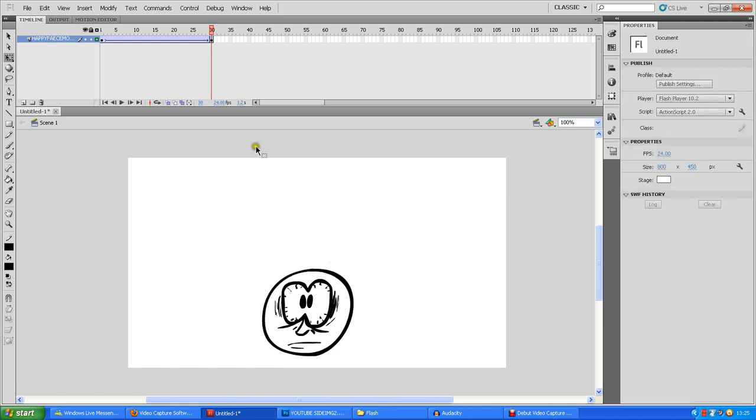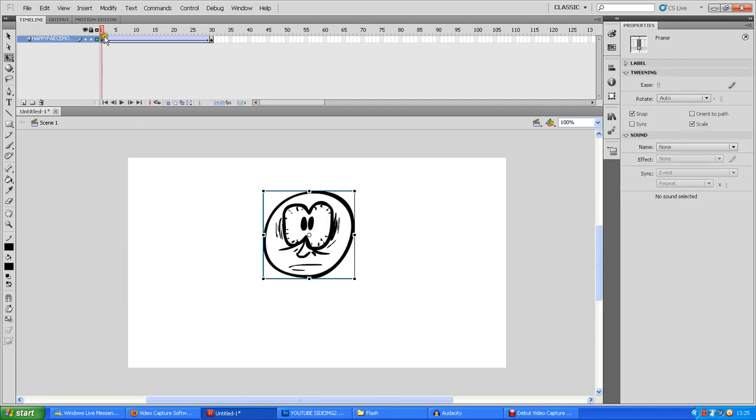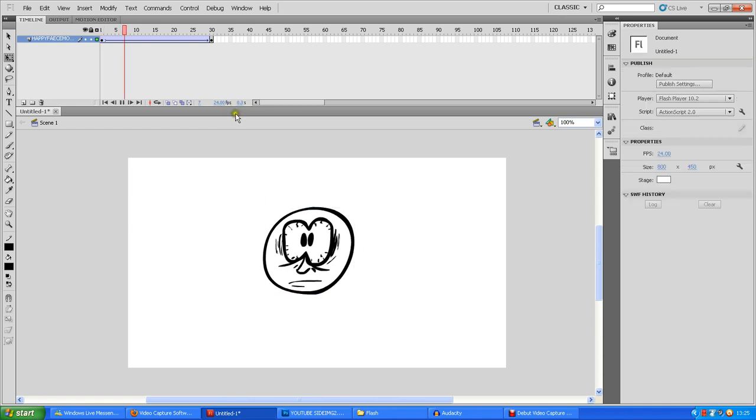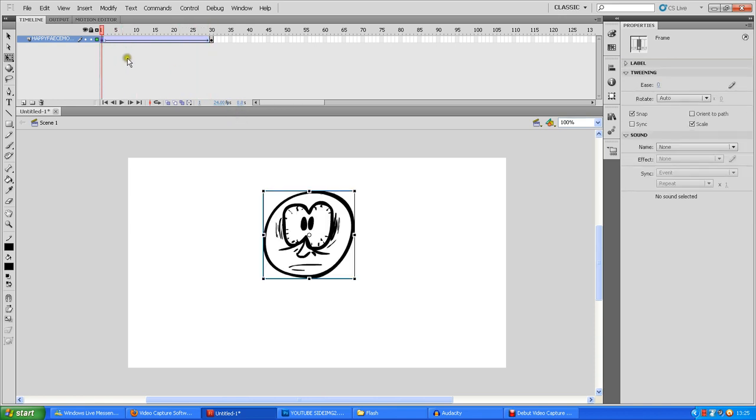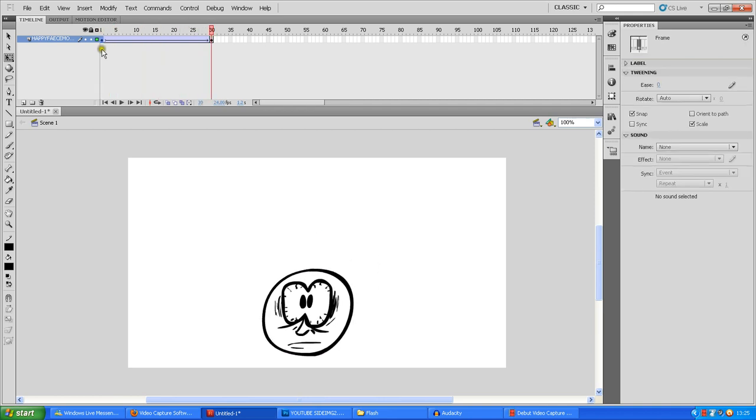That's his new position in the stage, in the white box. So if you go back to the beginning of your movie and you press enter, oh, he moves down! He moves down. See, I don't know how anyone doesn't really know how to do that. That took me like a second. But I suppose if you're brand new to Flash, then this really helps. I don't know. So, you know, he moves down, but it's kind of